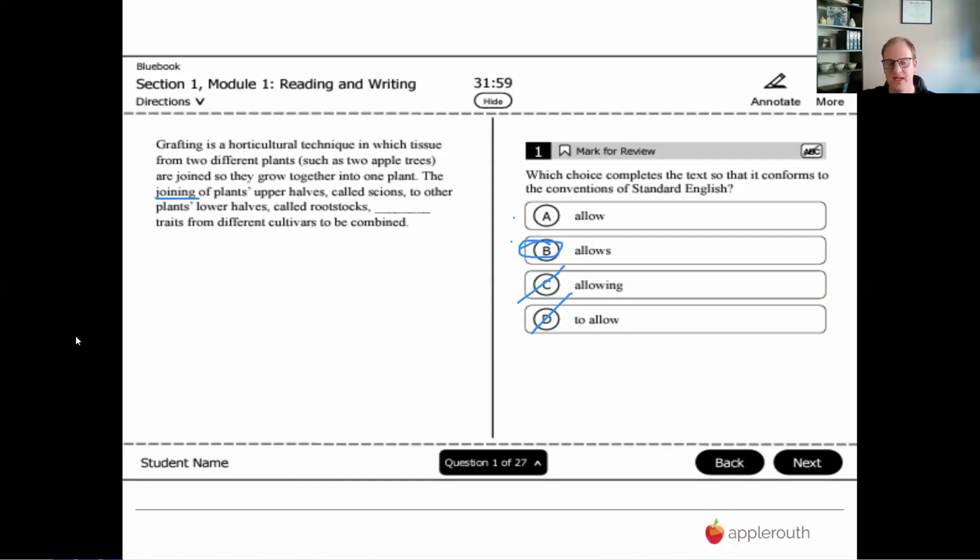And your job, ideally, if I saw someone who got it down to those two choices, I already know we're doing well. And then if we miss it, we just need to tweak the subject-verb strategy, right? Hey, the subject was way before the verb. They're trying to trick us. Again, the only real way to get practice here is to download the Blue Book app on the computer and just take tests. I'll talk to you about the resources that are available towards the end.